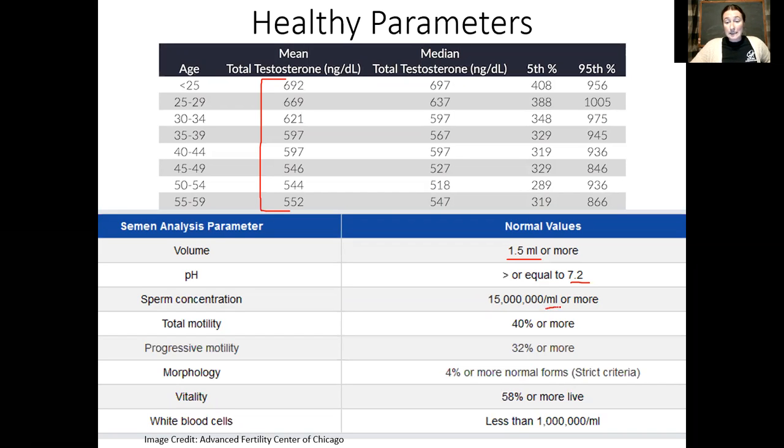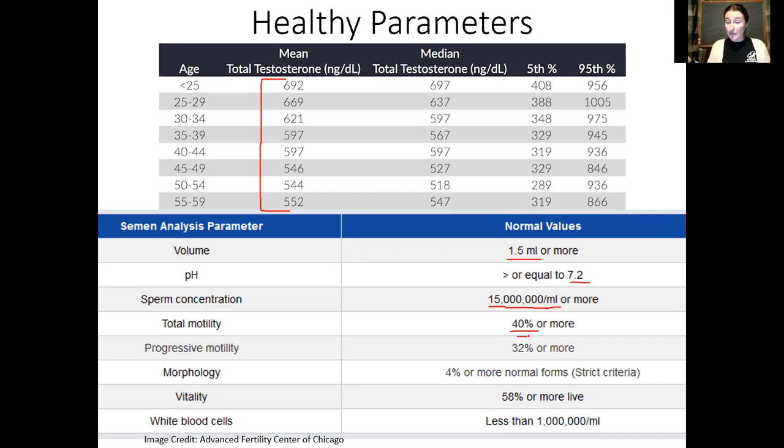In every milliliter of semen, there are at least 15 million sperm. Okay, so that is a healthy level. Lower than that is considered infertile. Right, not that there aren't sperm necessarily. It's just that 15 million per milliliter is what it takes to actually increase the chances of sperm finding egg. Okay, total motility, so about 40% or more of those 15 million sperm have to actually be able to